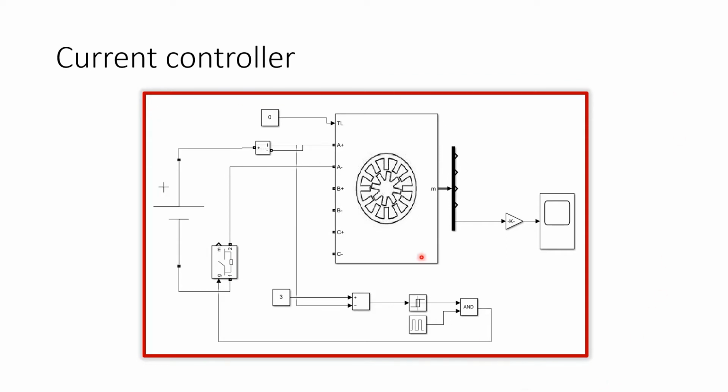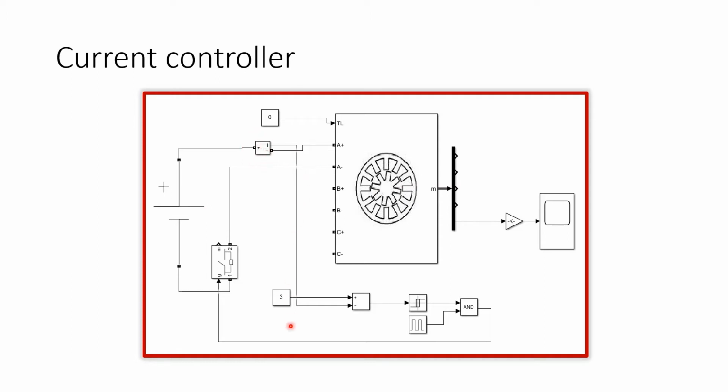Here the figure shows the stepper motor with a current control unit. This is a three-phase variable reluctance stepper motor. Phase A, B and C are shown here. Here a battery is connected to drive this stepper motor. The current drawn by this motor should be limited. That is why we are using this current control loop to control the current taken by the motor from the battery supply. Here a current measurement unit is connected.